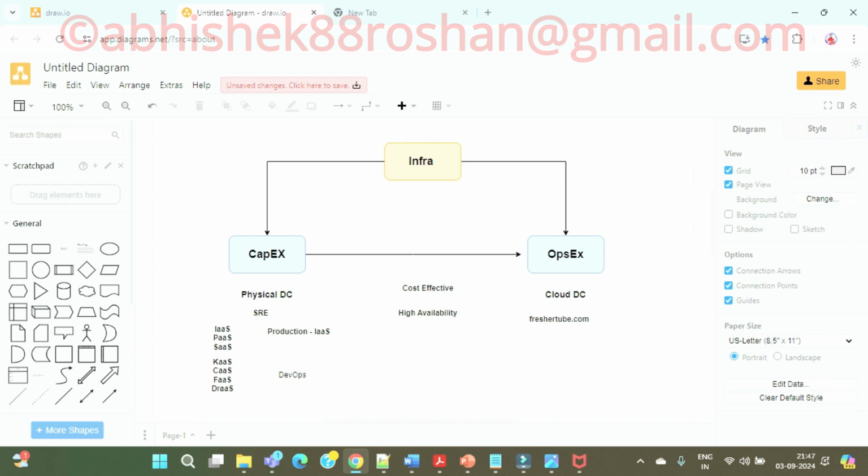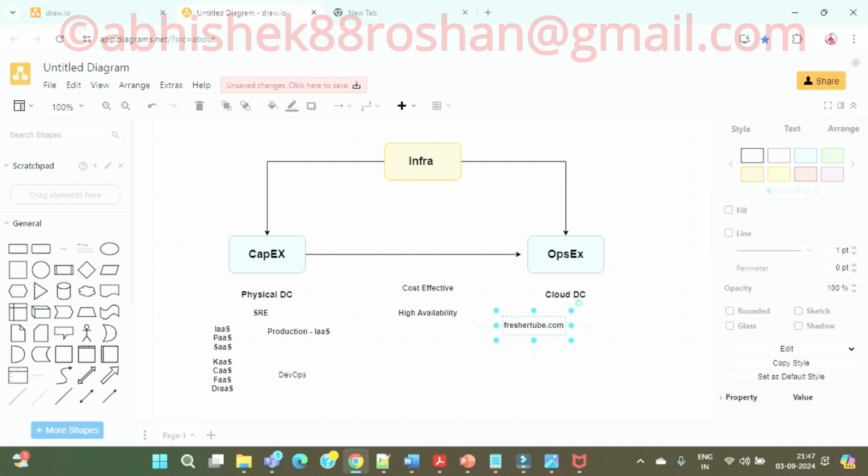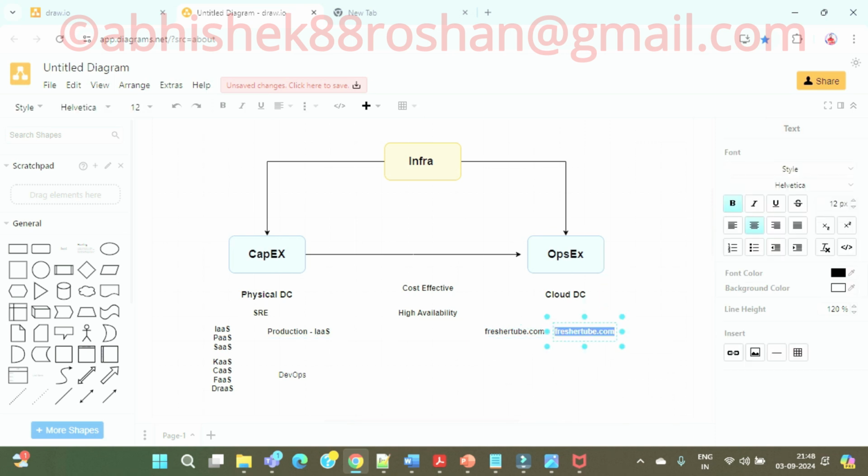Obviously, if I have to host Fresher Tube, I need a VM. Yes or no, guys? I need a VM, and for that virtual machine, they are charging me almost $10 on an hourly basis. For example, almost $10 per hour.